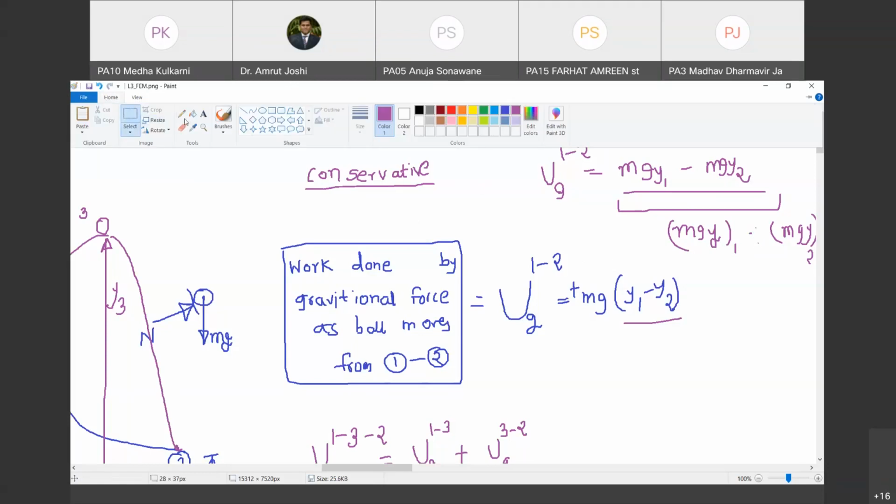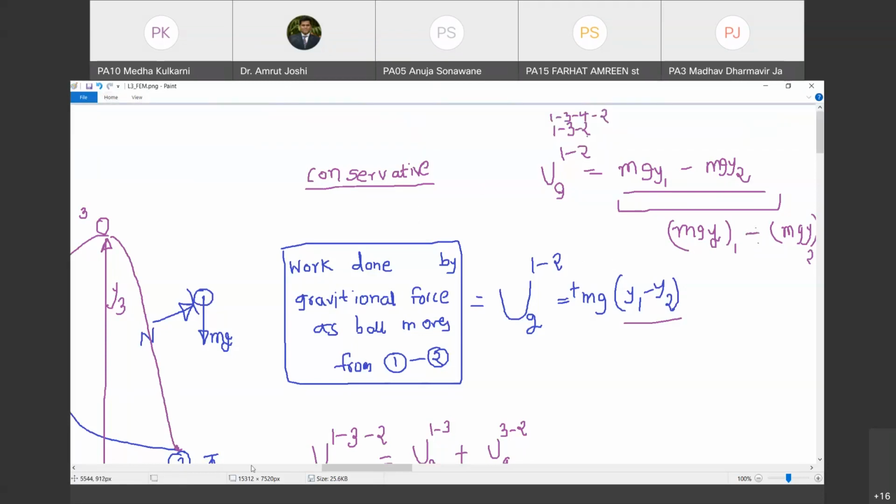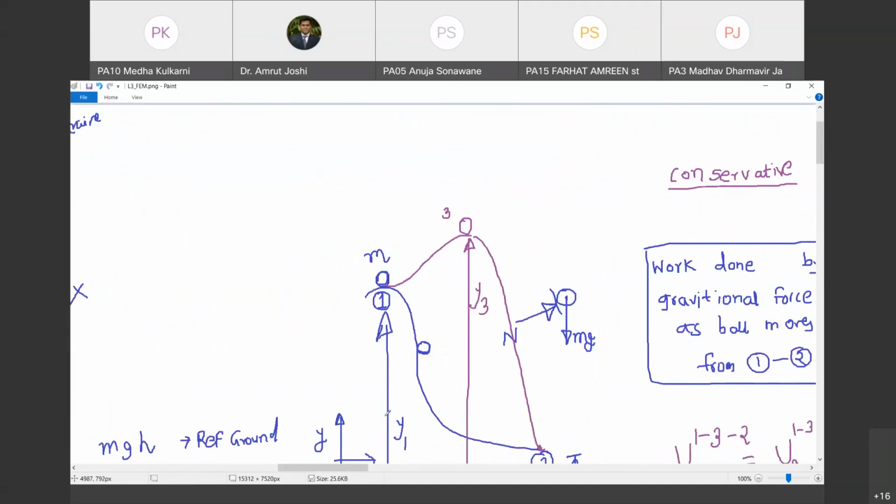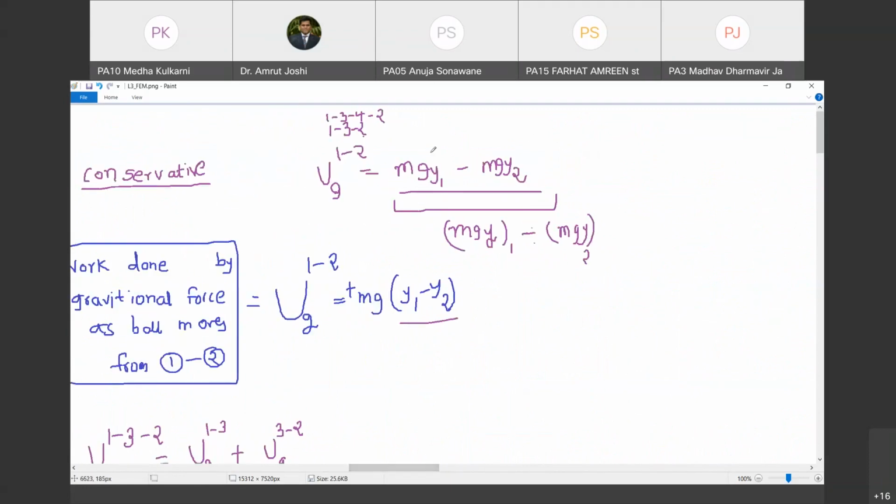अब आप यही काम रेफरेंस बदल के भी कर सकते हो. अभी रेफरेंस मैंने कौन सा लिया है? ग्राउंड. अगर मैंने ये सीलिंग रेफरेंस लिया और यही एक्सप्रेशन फॉलो किए, क्या करना है मुझे? पोटेंशियल एनर्जी विथ रेफरेंस टू सीलिंग एट पोजीशन नंबर 1 माइनस पोटेंशियल एनर्जी एट द पोजीशन नंबर 2 विथ रेफरेंस टू सीलिंग. मैंने किया, वो चेंज सेम रहता है. आर यू विथ मी? So change in potential energy now has a physical meaning of work done. Are you with me?